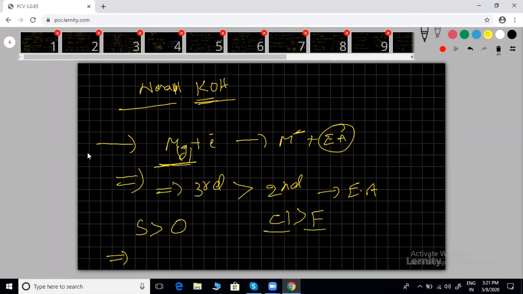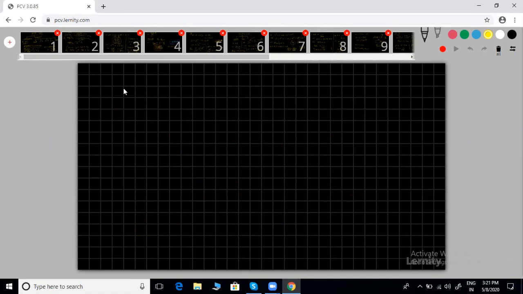Chlorine and fluorine, this question is given so many times. Which of the following is true regarding electron affinity? Oxygen has more electron affinity than sulfur. Or sulfur has more than oxygen. You can take multi-correct. Then even selenium has more than oxygen. Even fourth, tellurium also has more than oxygen. Which is true? Which of the following is true regarding electron affinity?